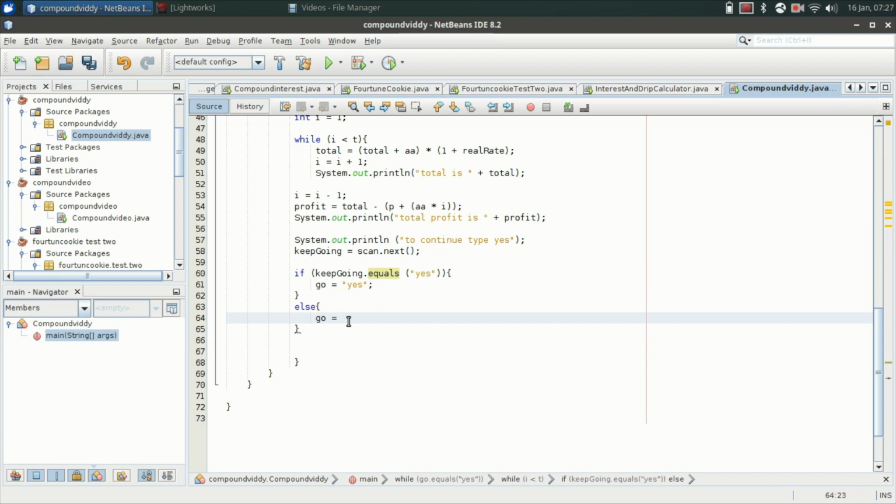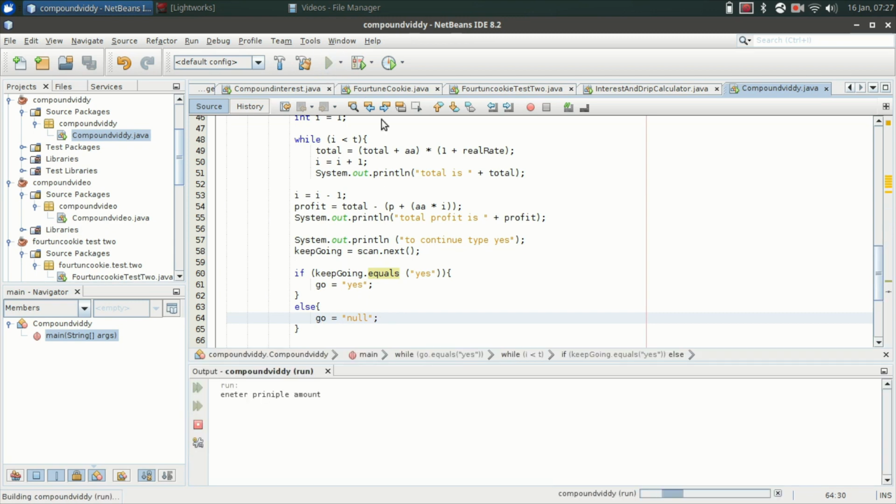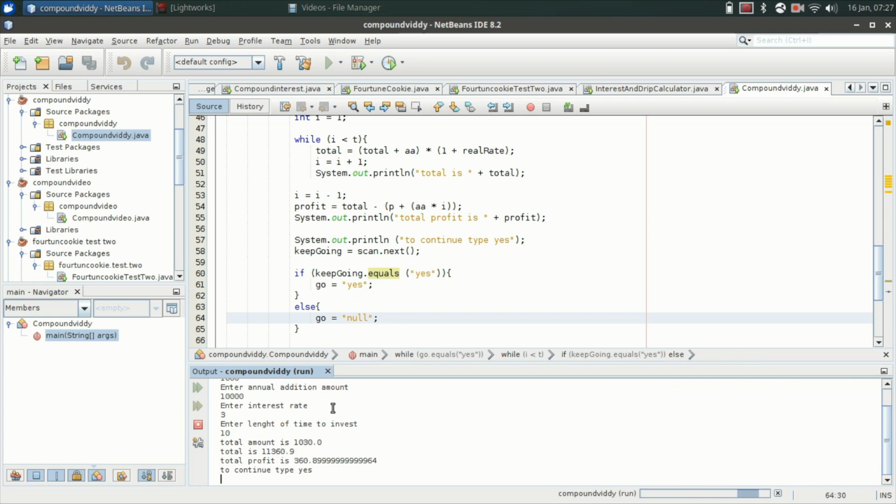Go equals something other than yes. It could be null, for example. And then we end this. So now when we run this program, I'm going to show you what's going to happen. Enter principal amount. You'll spell principal right when you do it. All right. Rate is 3. Time to invest is 10. So we have our